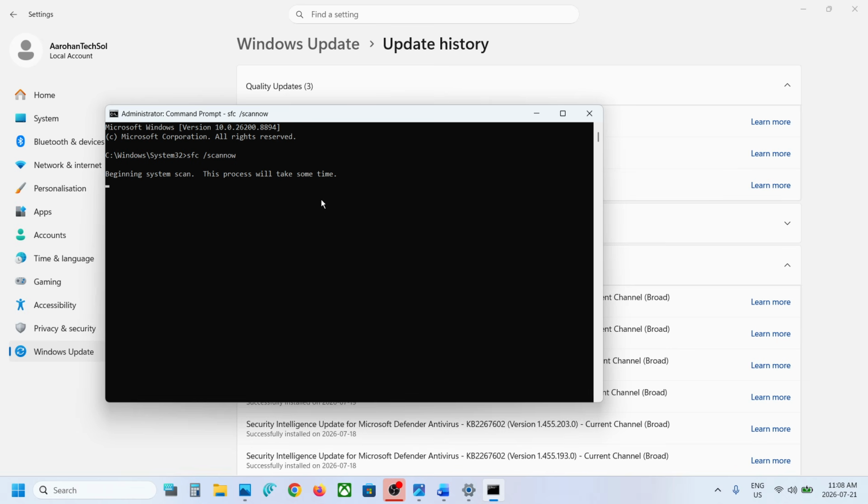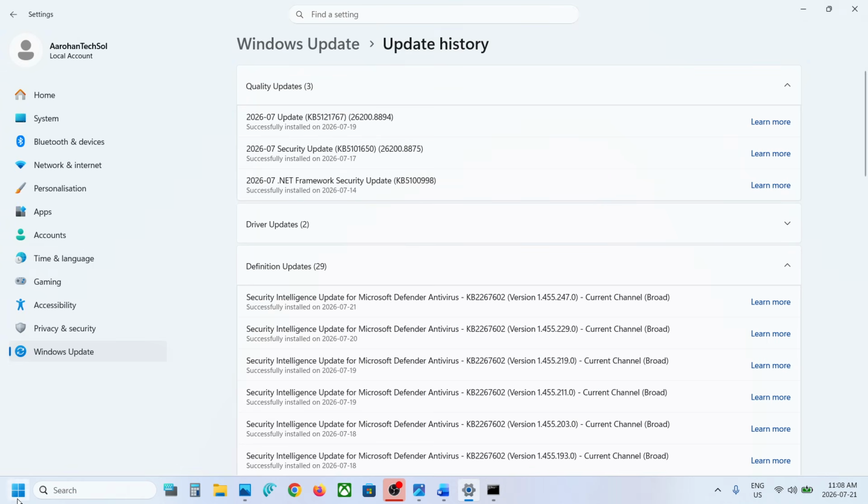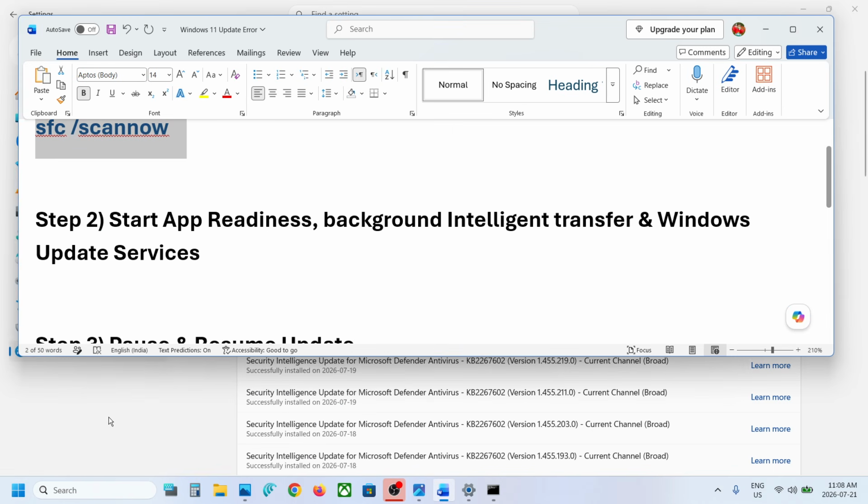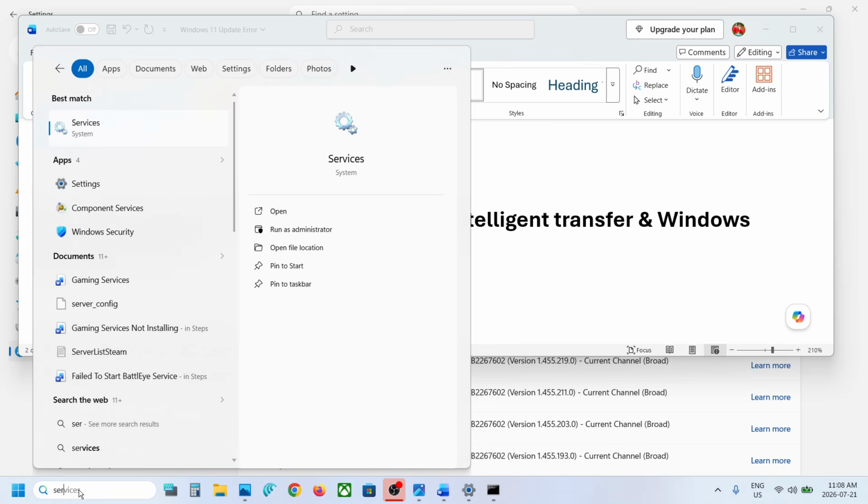Now this will run a scan. The scan will take some time. And once the scan is 100% complete, then you have to restart your PC. And after the system restart, you can check. Still not working, you can type in services in Windows search box